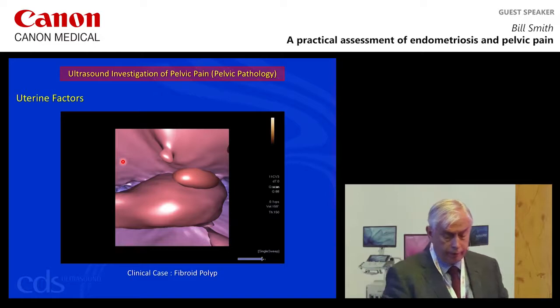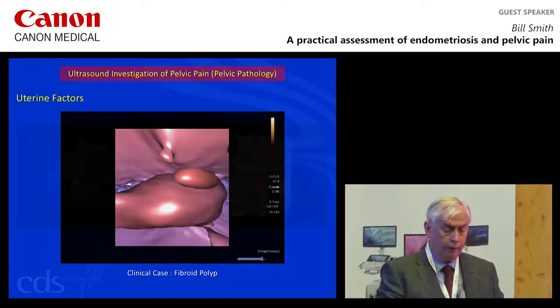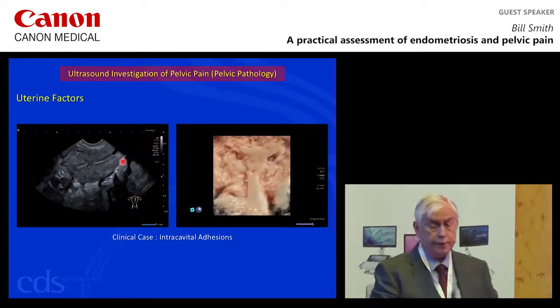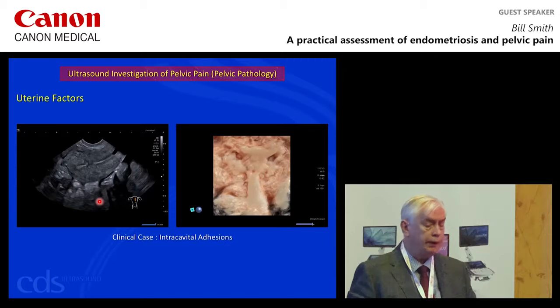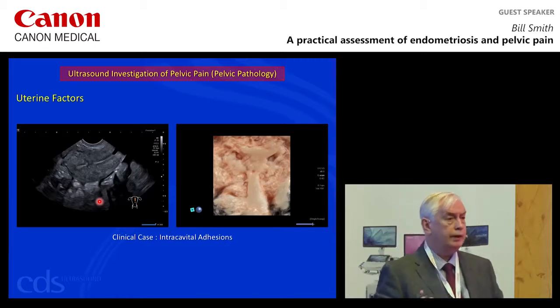In this case, we have a fibroid polyp. Here, we're looking at obvious adhesions. These will cause pain. These will cause pain around menstruation. It's not